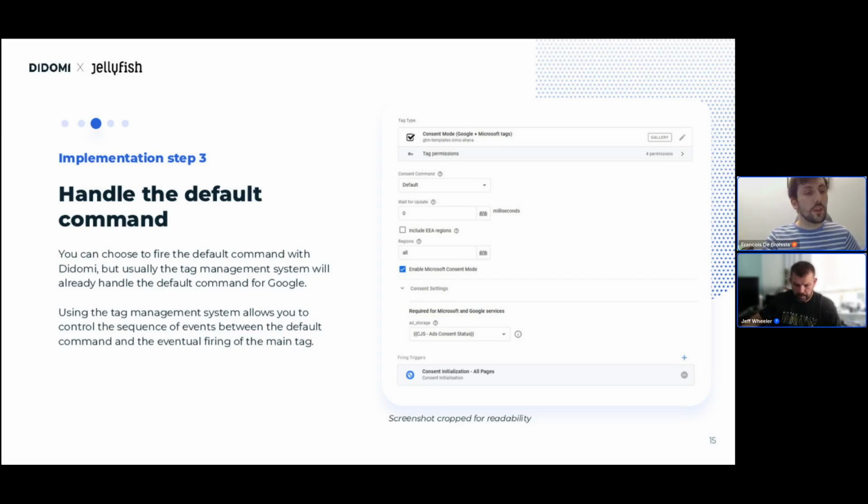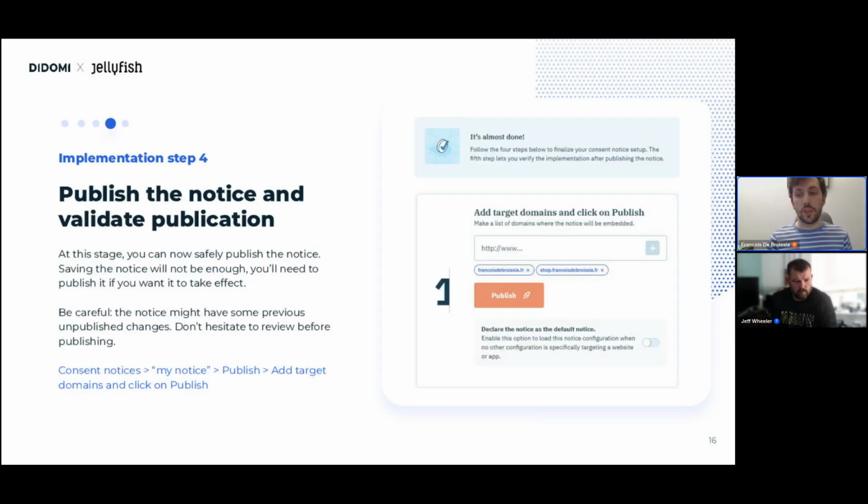Cool. So moving on with the presentation. Once you've handled the default command, the next step for you is to publish the notice and of course validate the publication. So at this stage, you can safely publish the notice. So you need to go to, still in your notice, you need to go to publish, and then you can add your target domain if it's not already there, but usually it will be there, and you can